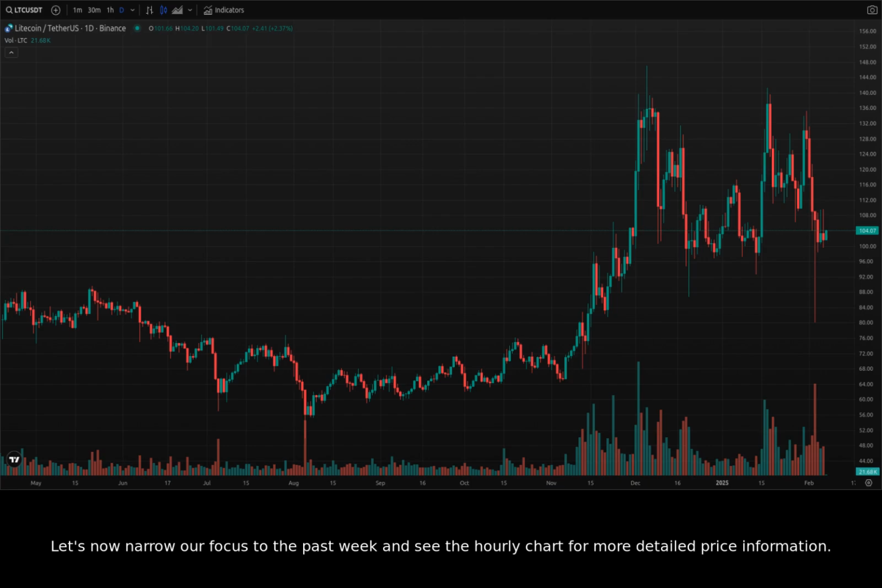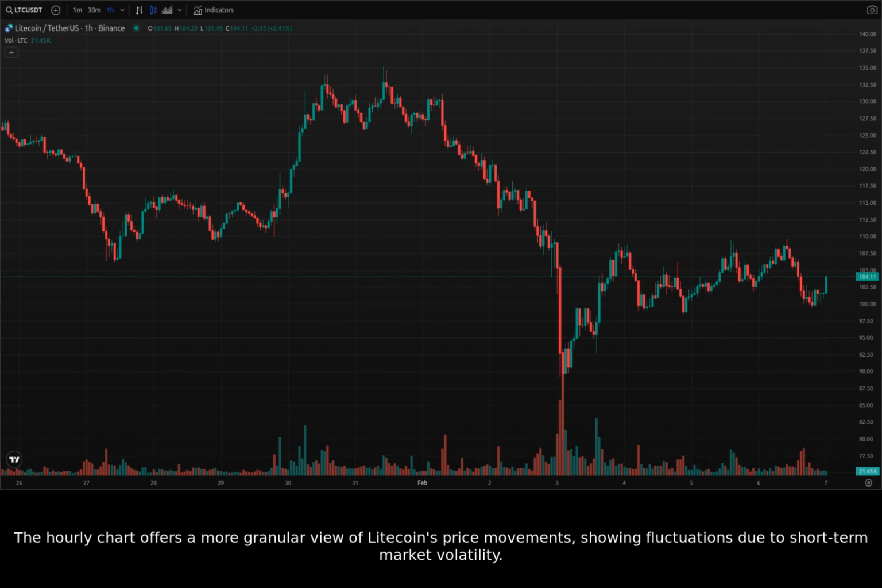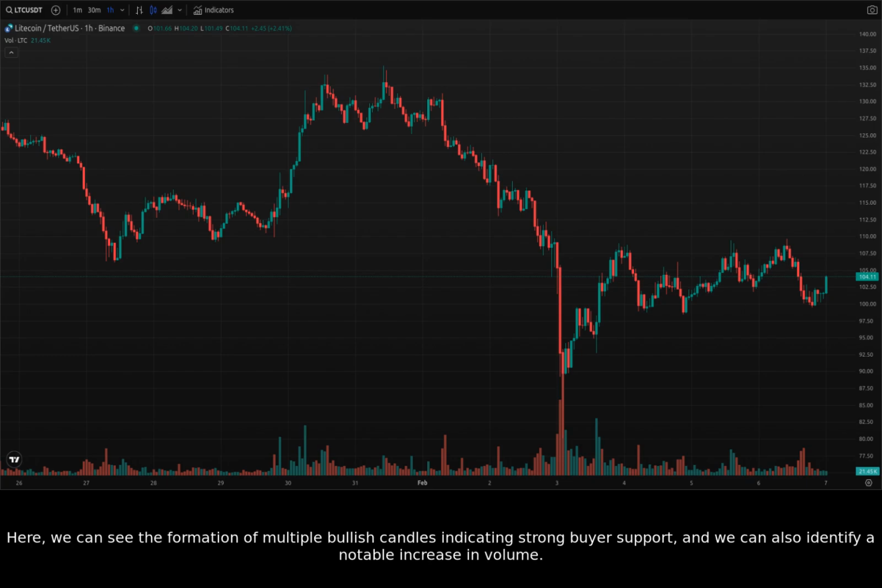Let's now narrow our focus to the past week and see the hourly chart for more detailed price information. The hourly chart offers a more granular view of Litecoin's price movements, showing fluctuations due to short-term market volatility. Here, we can see the formation of multiple bullish candles indicating strong buyer support, and we can also identify a